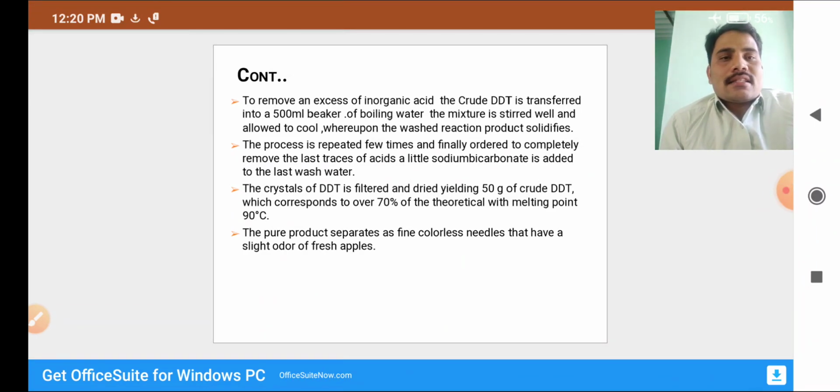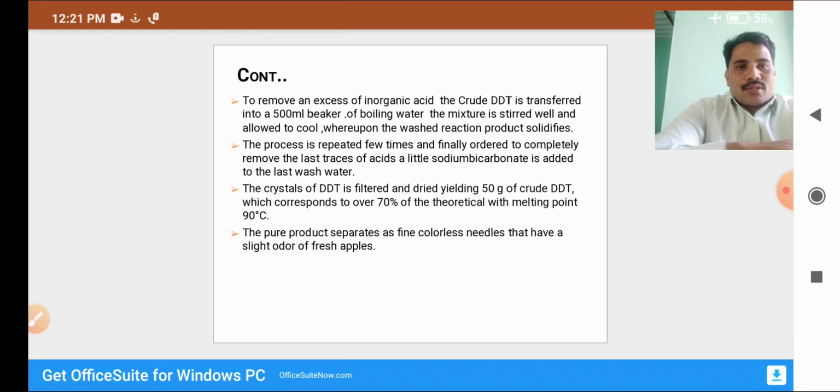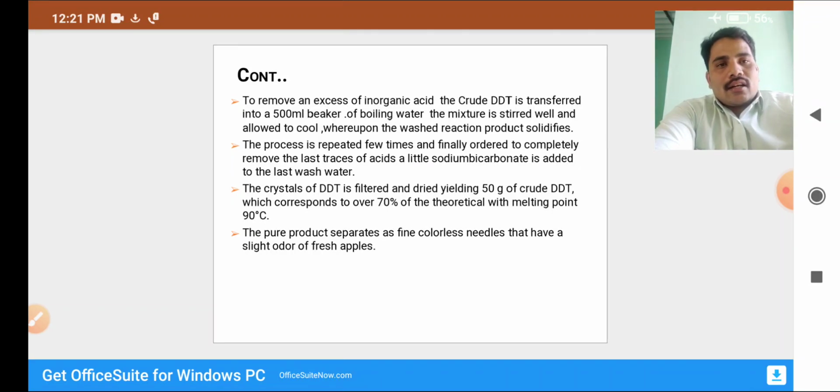The crystals of DDT are filtered and dried, yielding 50 gram of crude DDT, which corresponds to 70% of the theoretical yield, with a melting point of 90 degrees Celsius. DDT's melting point is 90 degrees. A 70% theoretical yield should be obtained by this process using the three-necked round bottom flask thoroughly,